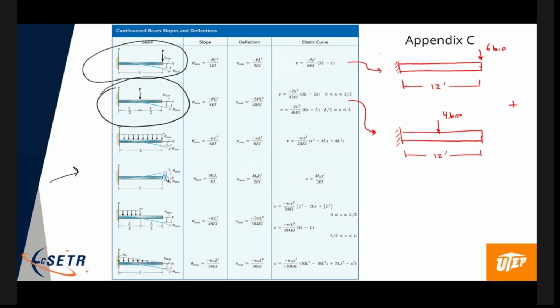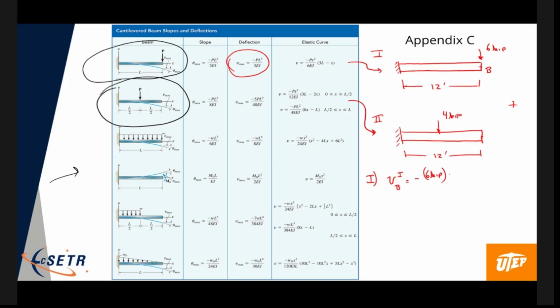All right. So let's call this case Roman numeral 1 and case Roman numeral 2, and we're going to superimpose those. So for case Roman numeral 1, we get the deflection at the tip. This is actually point B here, right? The deflection at point B for the first case is as given here. It's the maximum deflection. So it's minus P. In this case, P is 6 kips,